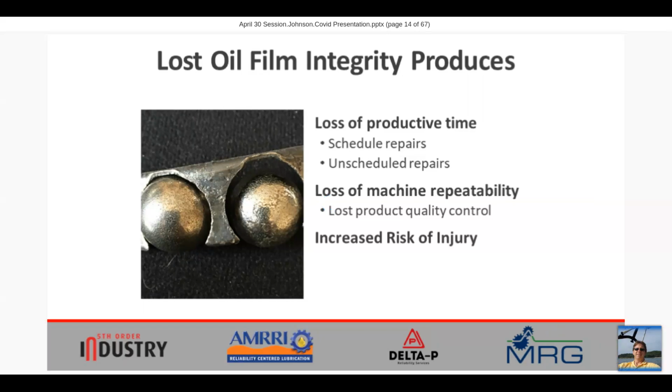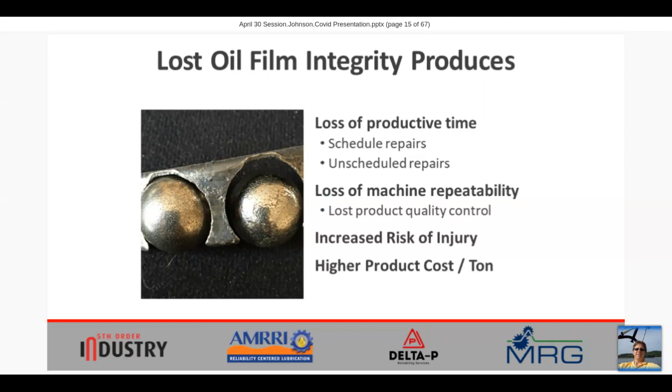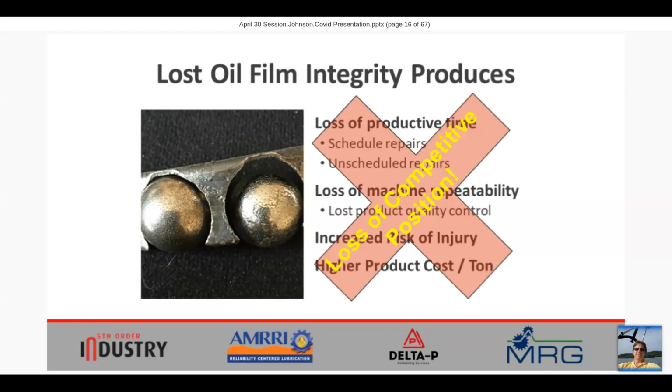We have an increased risk of injury, particularly if we are scurrying around attempting to accomplish unscheduled repairs and get our machines back up and running as quickly as possible; the risk of lost-time injury greatly increases. All of these underlying causes drive our product cost per ton or cost per unit measure, all of which contributes to lost competitive position for our enterprise.